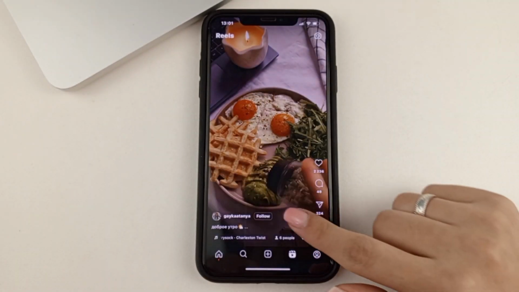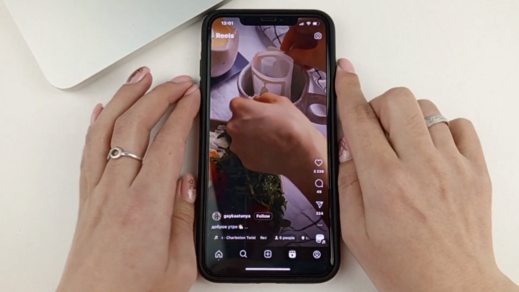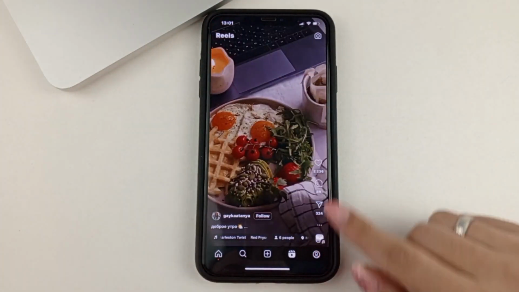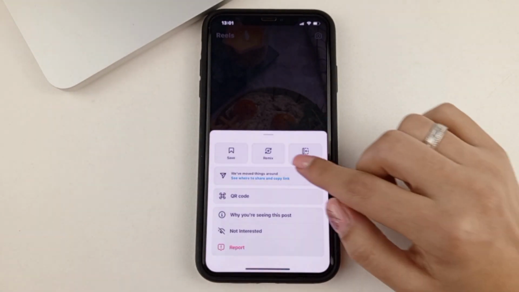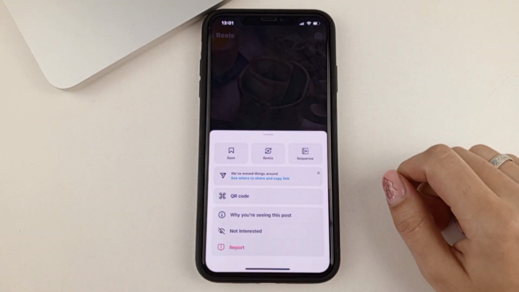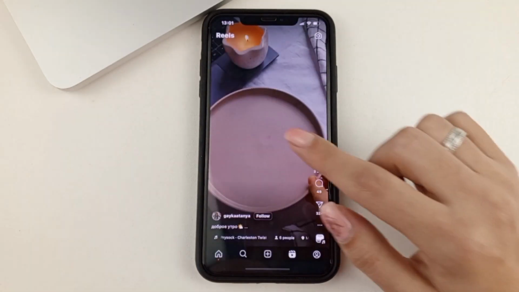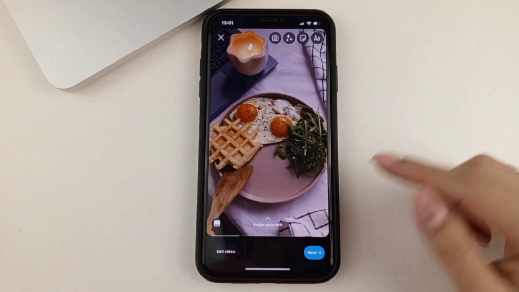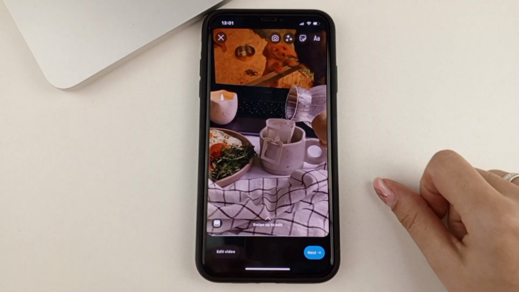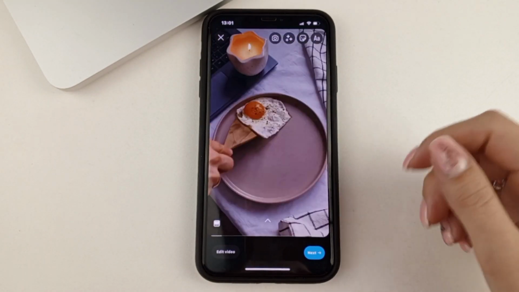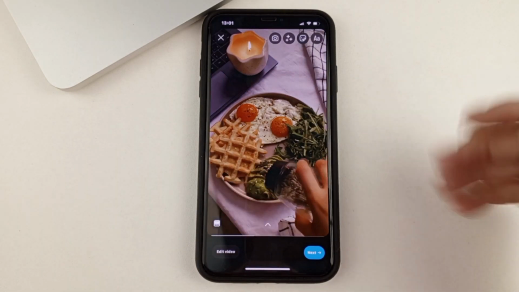And the second way is to click on the three dots at the bottom. Here they are. This is where we can create a remix. Now you'll see the difference. When we click like this, the video appears in full screen. And that way you can pretend that it's your video.